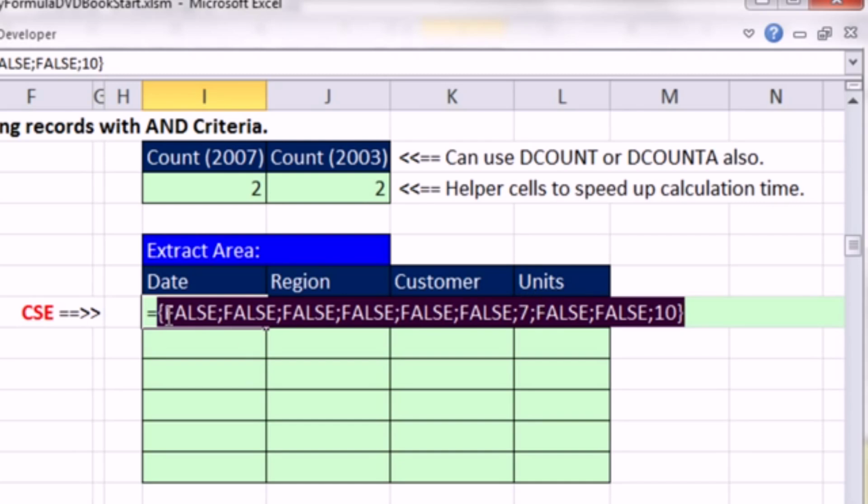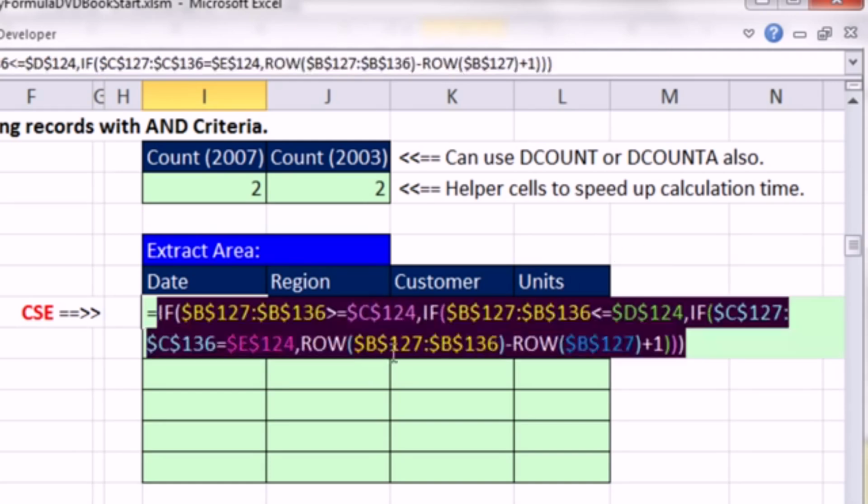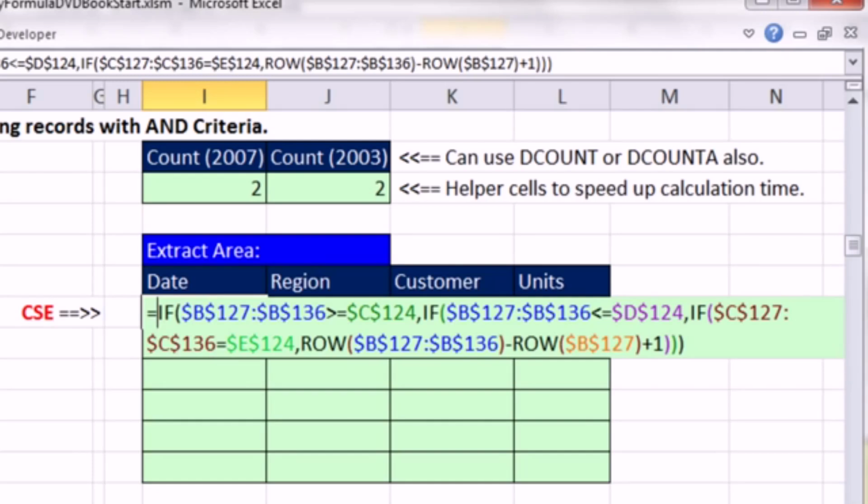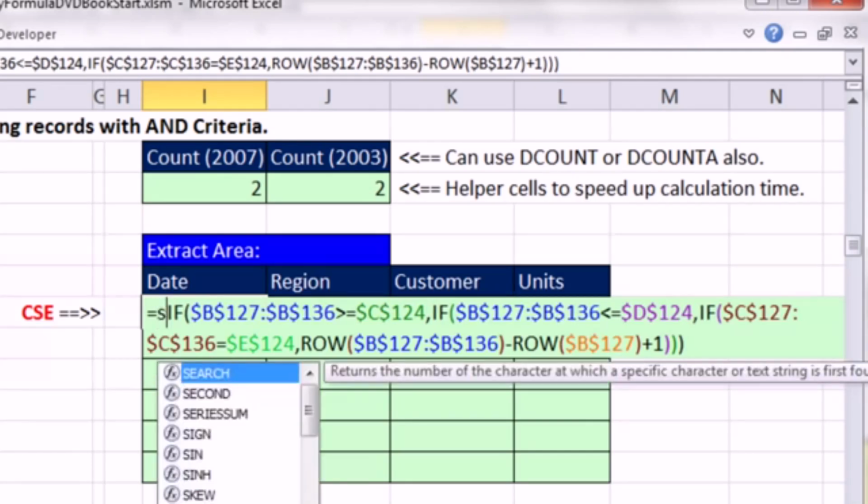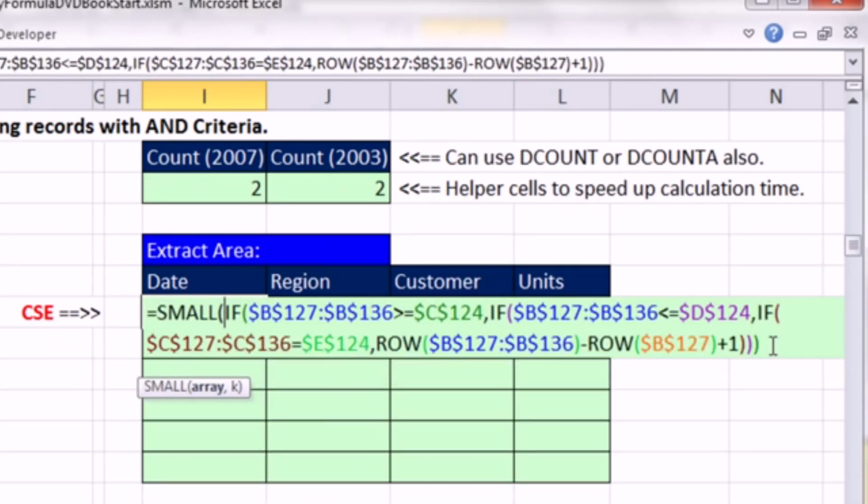Now, what do we need? We need a 7 in this row and a 10 in this row. We use the SMALL function. The SMALL can take the first smallest, second smallest, third smallest. First, second. We only have 2 in this one. Control Z. So I put that array of falses and relative position numbers into the SMALL. There's the array, comma, and my number incrementer. I need 1, 2, 3 as I copy the formula down. So I use ROWS with an S. Now I'm sitting in I128. So I'm going to type